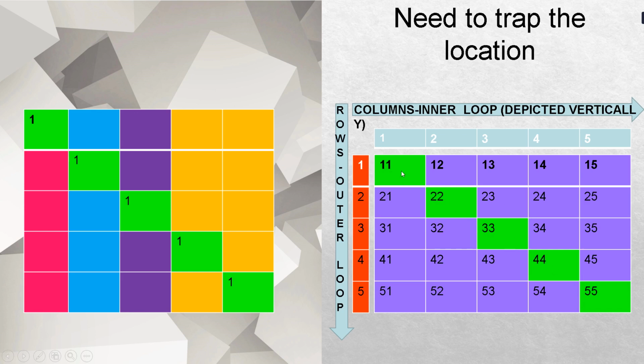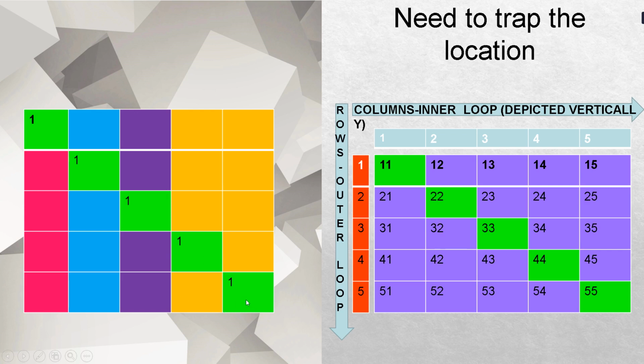So that means we need to only trap those locations, or we have to print only at those locations where x, that is the outer loop, and the inner loop both are same. So in that case, the output would come something like this, which is shown on the left side: 1 1 1 1. That means in these locations I have to print something. It is something like this, and the rest part would be empty.